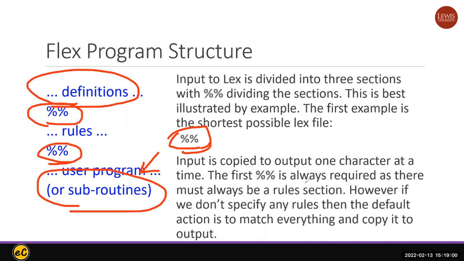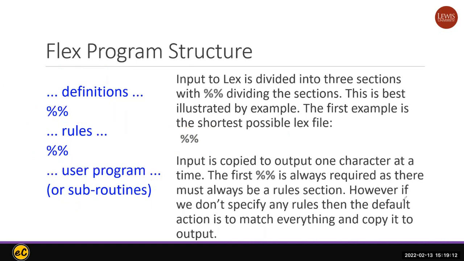The first line, percentage, is always required. So percentage is always required. And the minimum file that you can allow for this is actually just percentage. However, if we don't specify any rule, then the default action will be used. So if we don't write any rule, part one is definition, part two is rule, part three is your